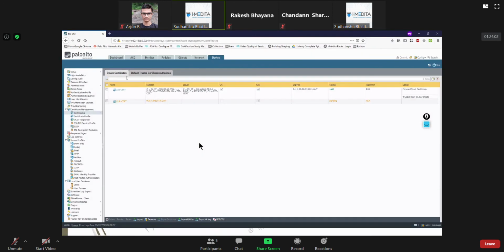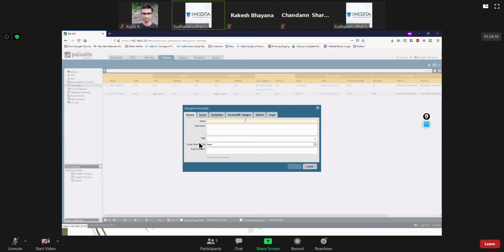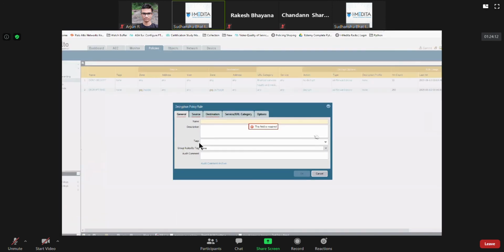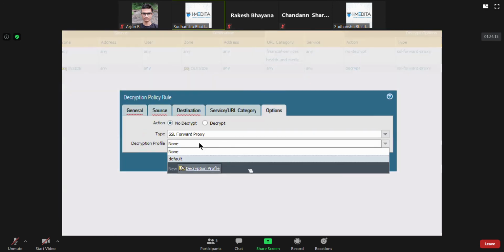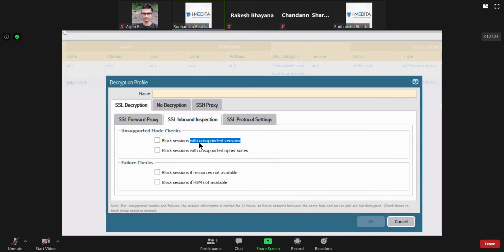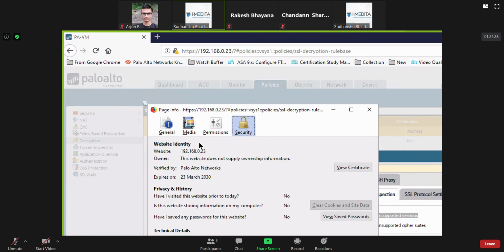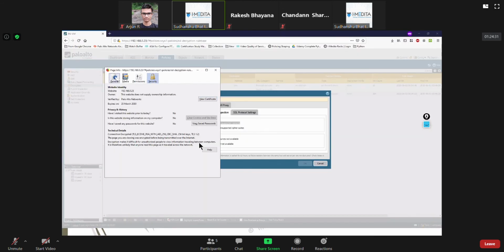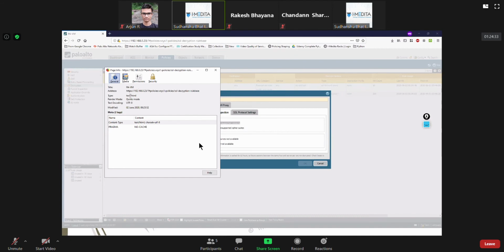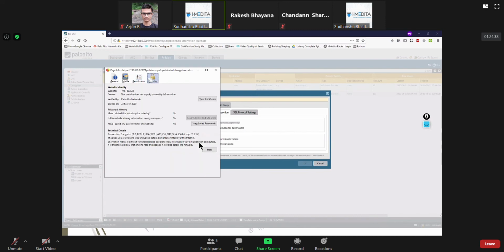There are some versions of SSL, and it's different for different browsers.